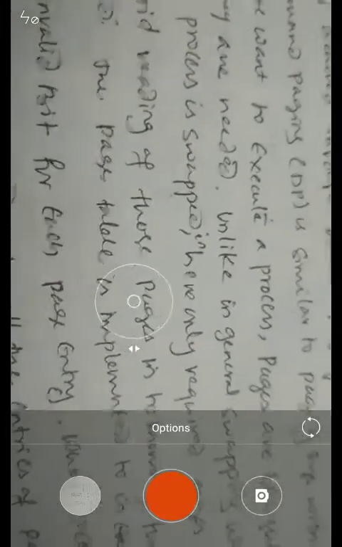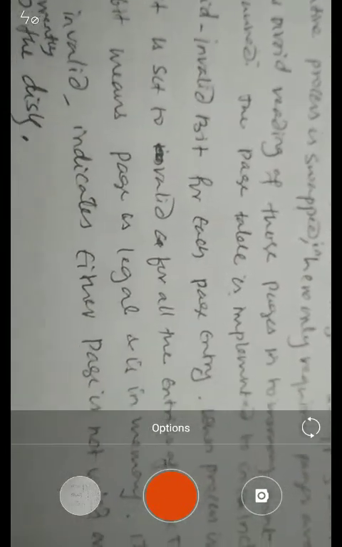What is more expected here is to make sure that only those pages that are essentially required are brought into memory. So the page table is implemented to include what we call a valid and invalid bit for each page entry.